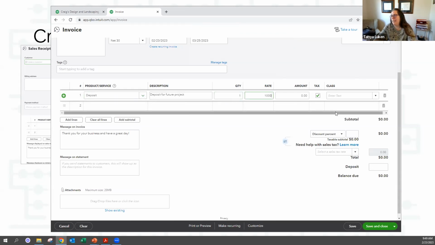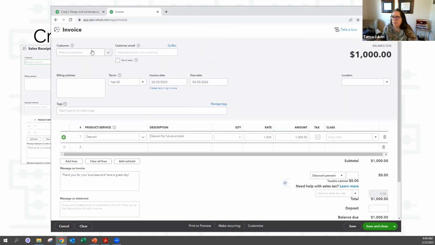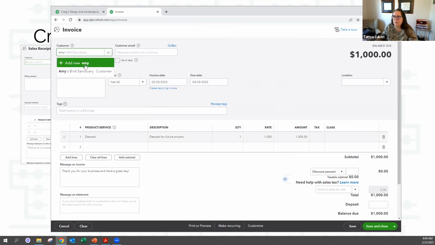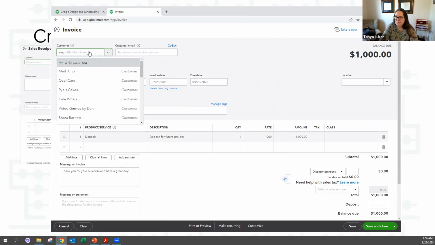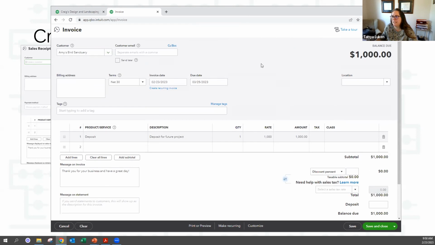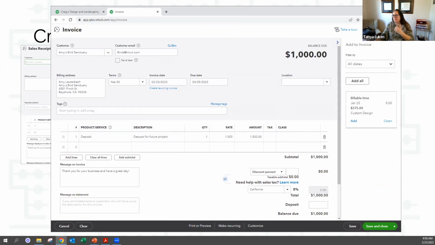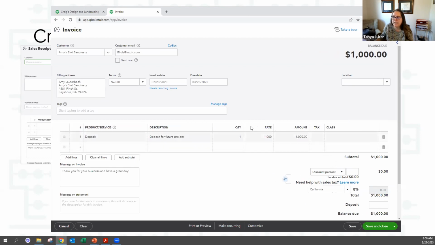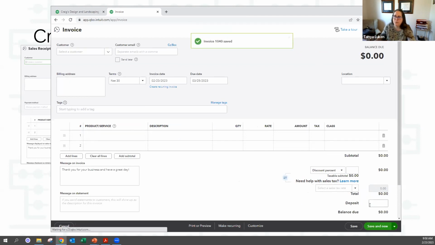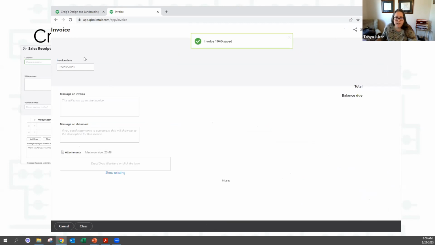So, all right, I set it up wrong, so it was taxable, so I'm going to check the box, but let's say we collect a $1,000 deposit from Amy's Bird Sanctuary. I'm going to save and make a new one because we're going to fast forward 30 days in the future. And now we're done doing the work for Amy.